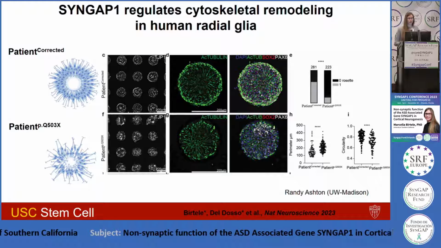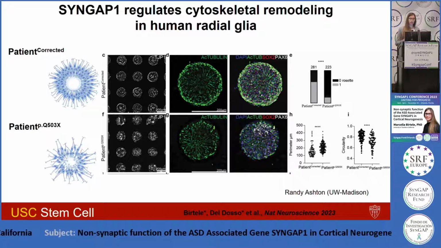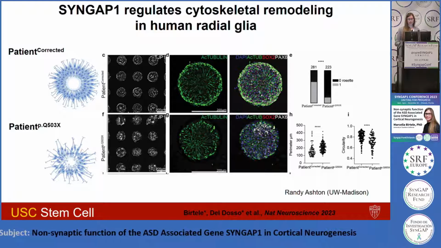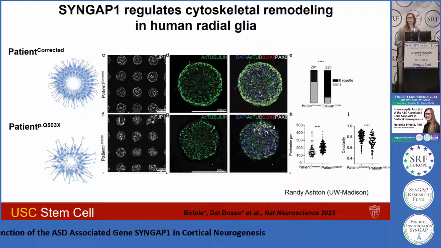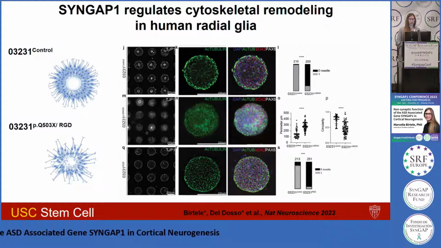And upon quantification, we could see that the patient-derived line generated fewer number of rosettes. And at the same time, the generated rosettes were more irregular and also with a larger ventricular wall. So going back to my introduction, we also wanted to look at the effect of the genetic background. So we used a line generated from the COBA lab where the same mutation was inserted in a control background. And what we could see was that the extent of the impairment in the rosette was similar to the patient line,